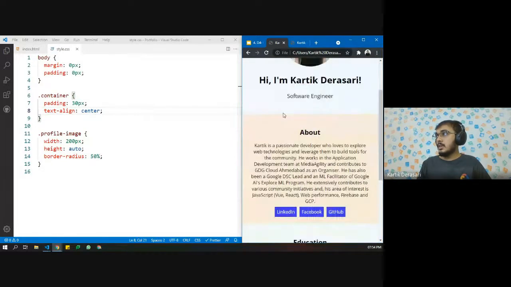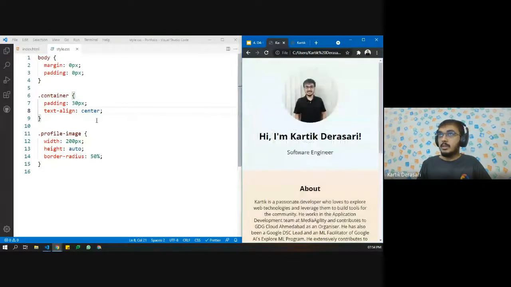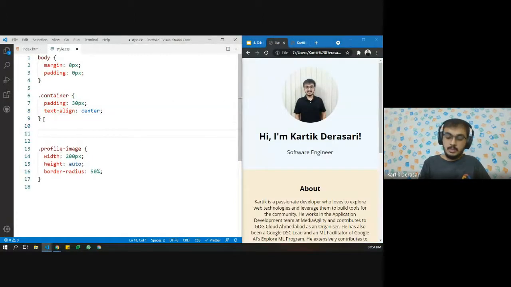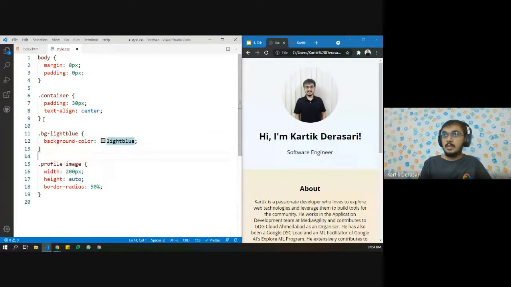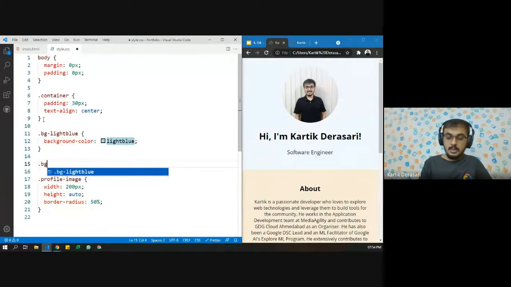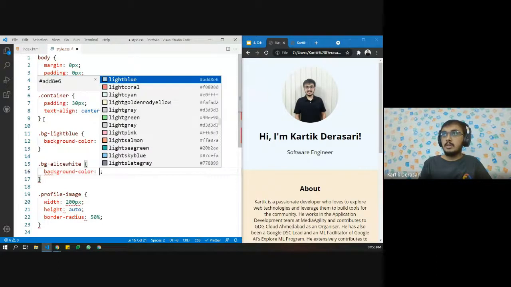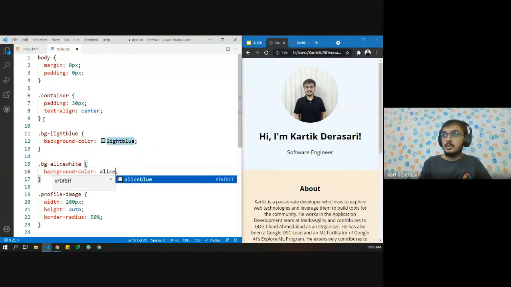What we want is different colors, right? So let us create two different CSS classes directly. Let's say background color equals light blue, and the other background color equals white smoke.